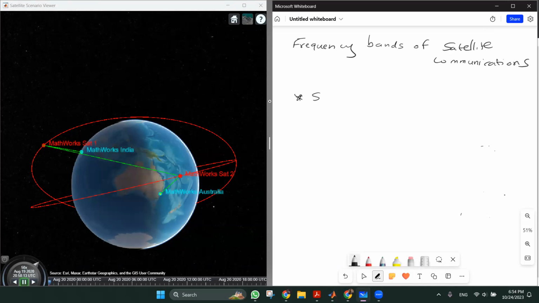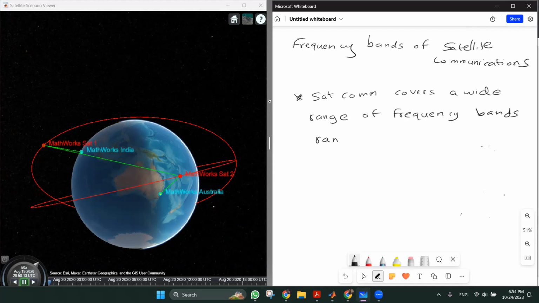So satellite communications cover a wide range of frequency bands ranging from 1 to 40 gigahertz,